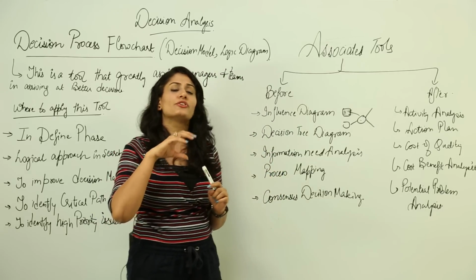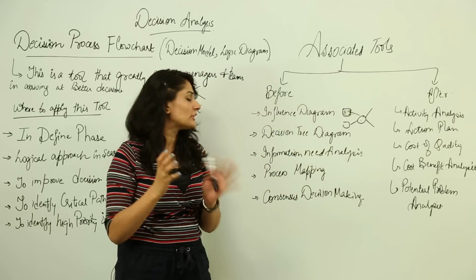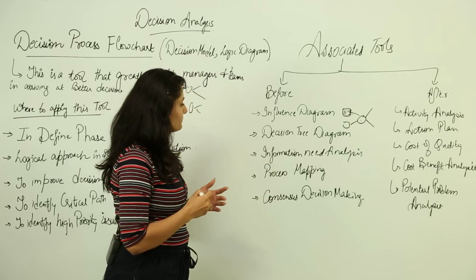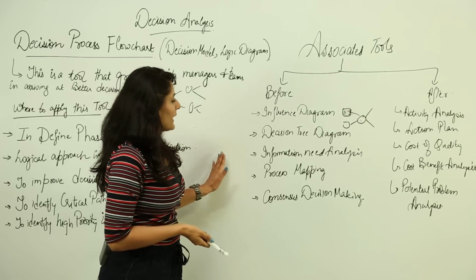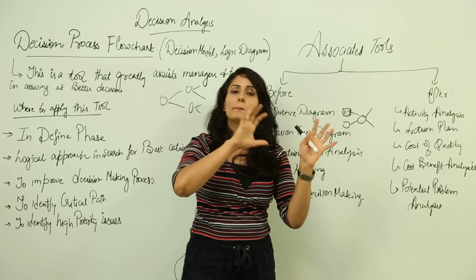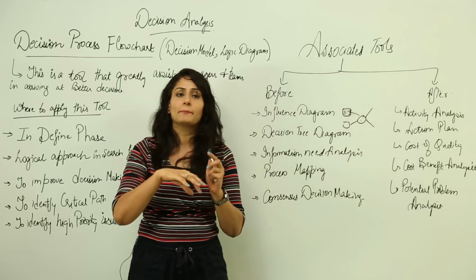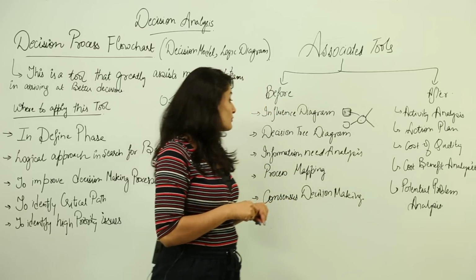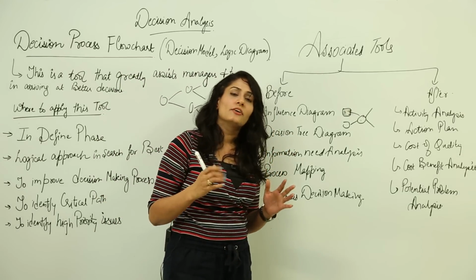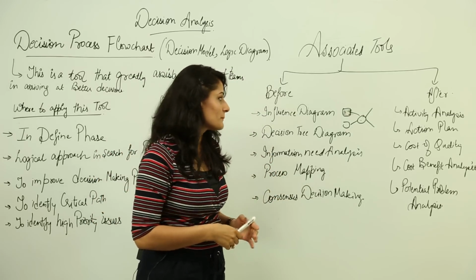So this is a tool which is used to get information about any process or any decision to make a strategic decision, right. So this is usually used in business cases to come to strategic decisions or to reach the business goals. Then the process mapping. Mapping is basically the pictorial overview of the complete process from start to finish, and if the process map is very detailed, it will also tell you the time that each step is taking and all those things associated with it. Consensus decision making is again a group technique where different members sit together and reach a final decision after analyzing all the pros and cons.